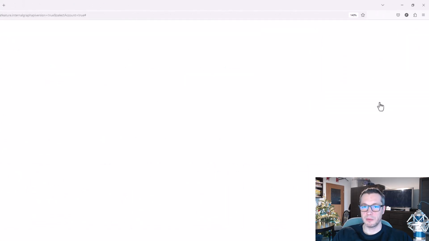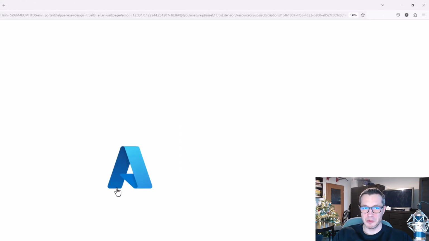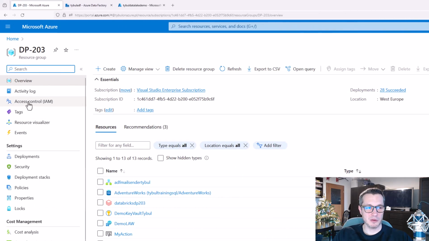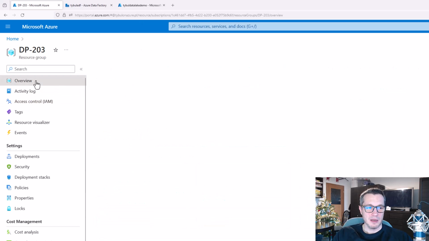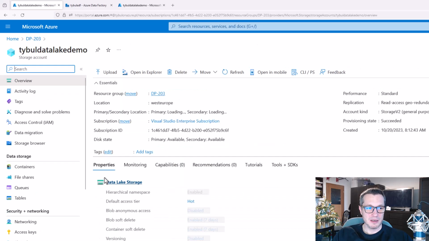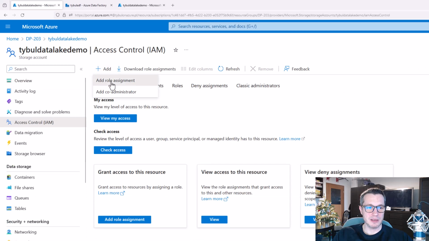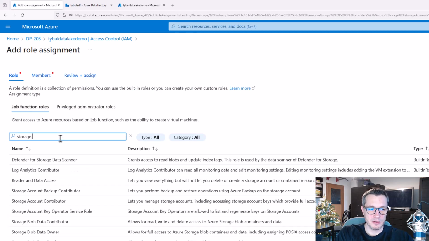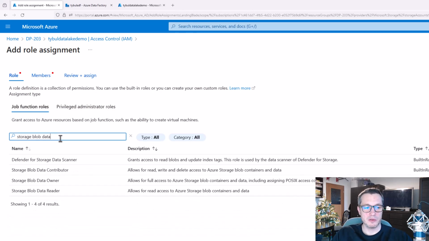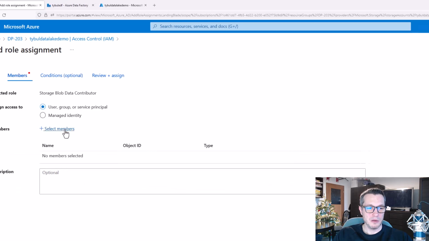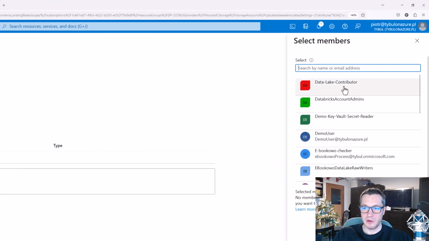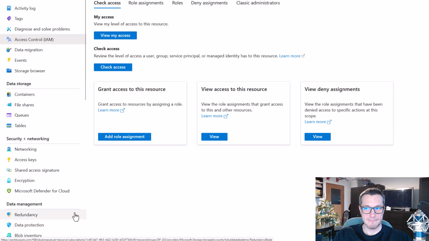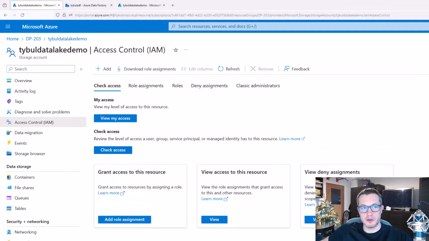But obviously I have to switch to a more powerful role, because the demo user is not able to set permissions. So I switched back to my admin account, and let's go to our data lake and let's here add the assignment. So we want to grant the storage blob data contributor role on a group that was called data lake contributor group, and let's assign it. All right, it might take a minute or two to propagate,